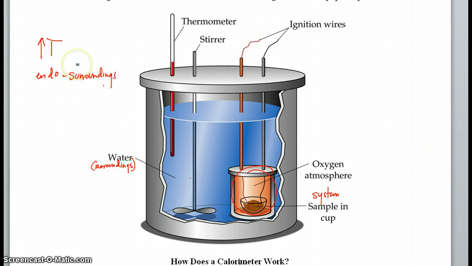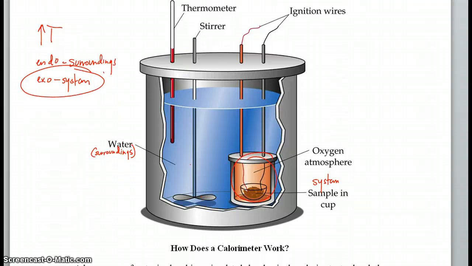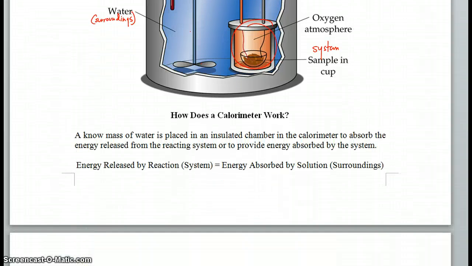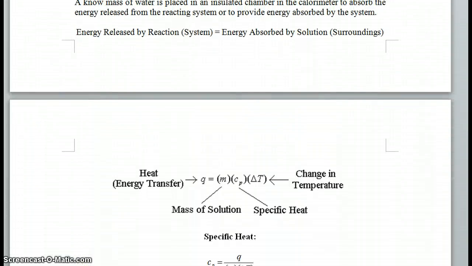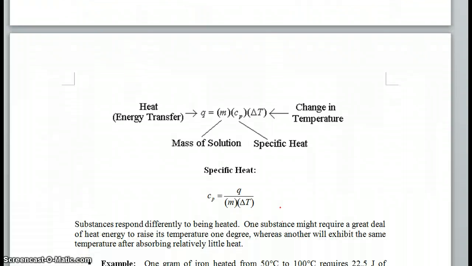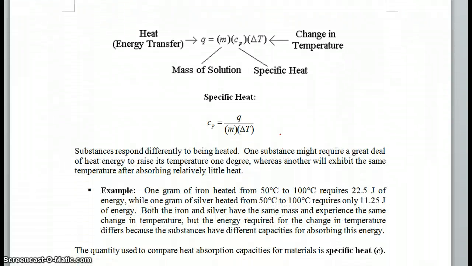Okay, therefore the opposite for the system. So this reaction is exothermic for what we're measuring or focusing on. And so, of course, the opposite would be true if your temperature was decreasing. It would have to be endothermic for the system. Okay, so you're indirectly measuring the temperature of the system by measuring the temperature of the